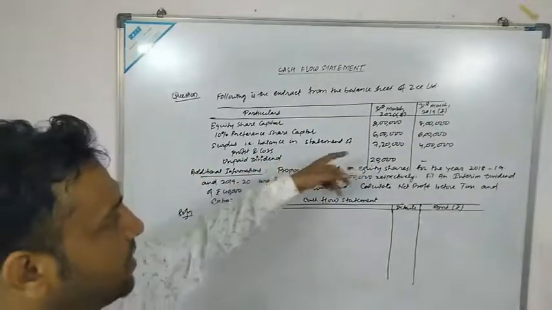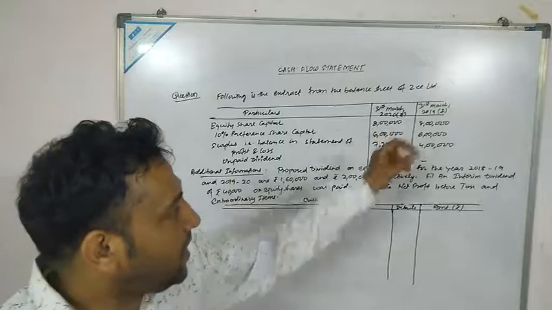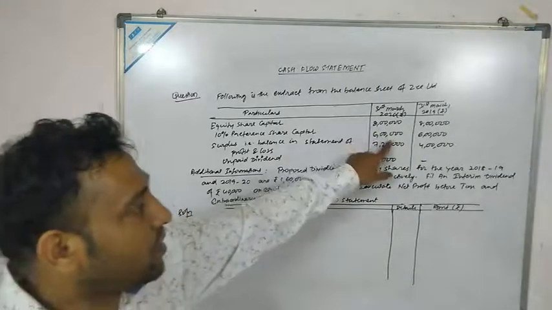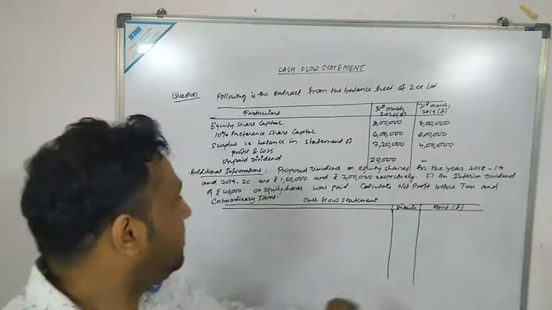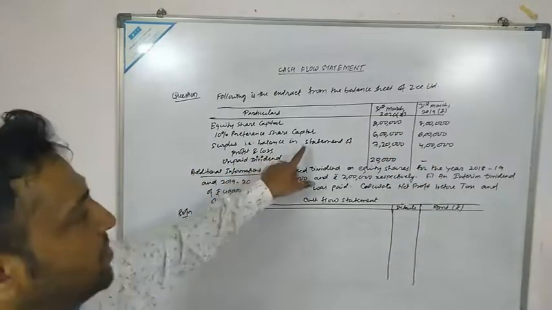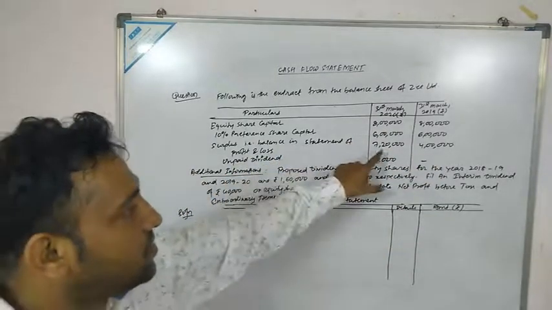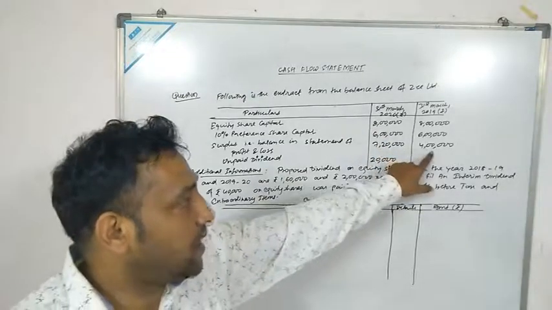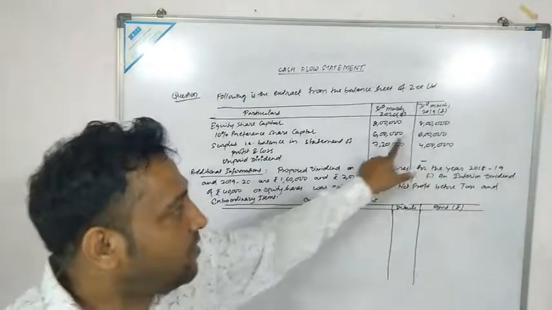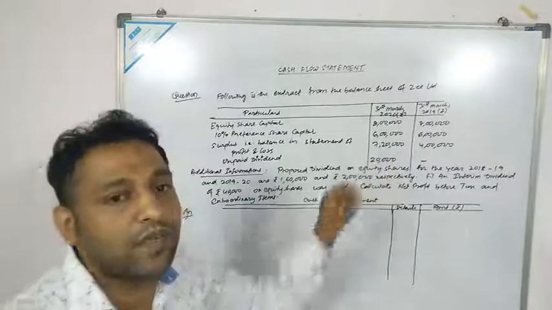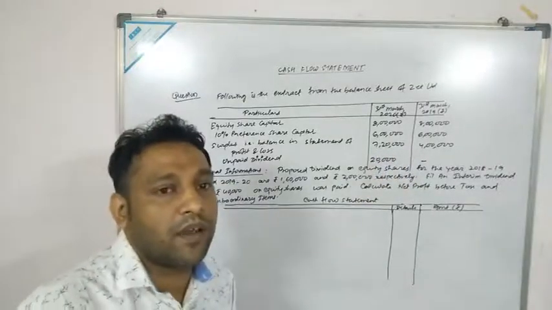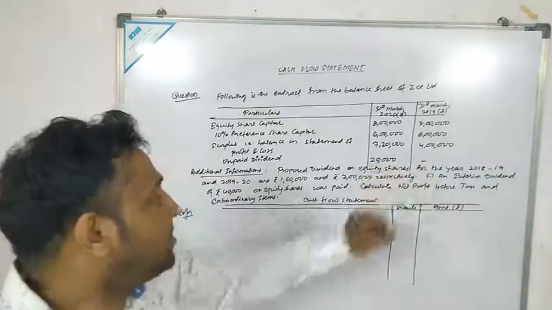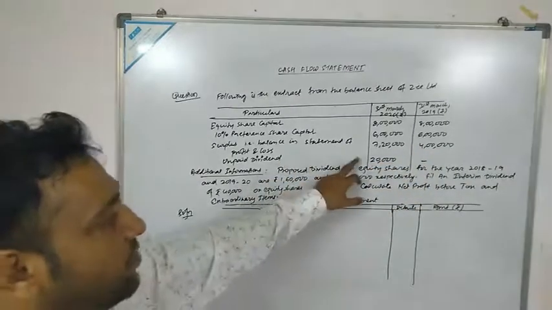So equity share capital has been given, 8 lakhs. Then 10% preference share capital, in 2020 it is 6 lakh, again it is 6 lakh. Now surplus, that is the balance in statement of profit and loss, is 7,20,000 in 2020 and in 2019 it is 4 lakhs. मतलब 19 से 20 में सरप्लस क्या हो गया, इंक्रीज हो गया, that means company is earning profit. How much is the profit? प्रॉफिट इज योर 3,20,000. Again, unpaid dividend is your 20,000.